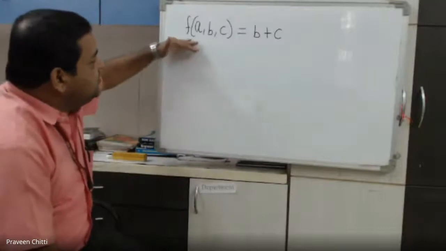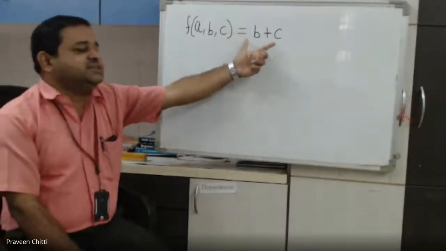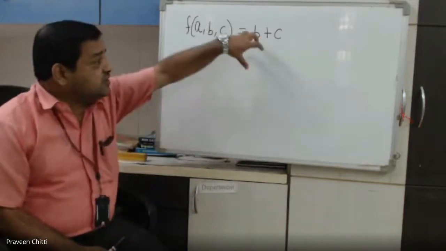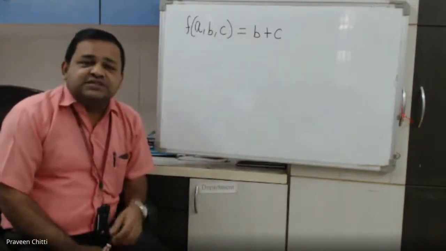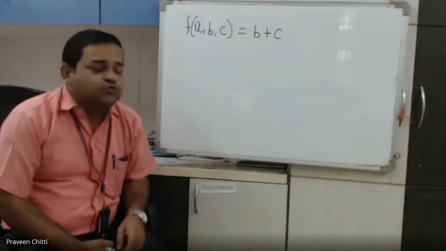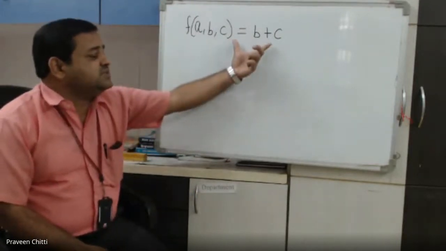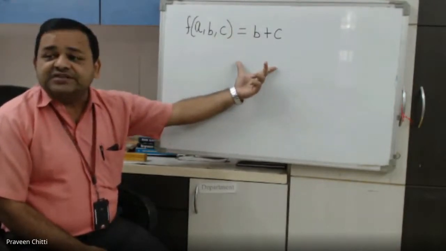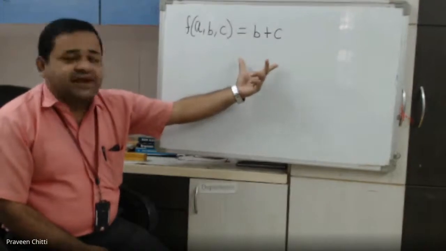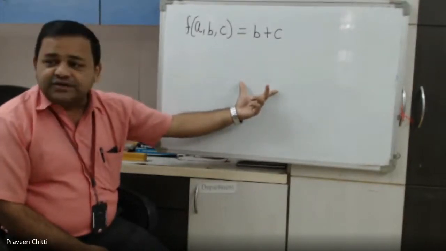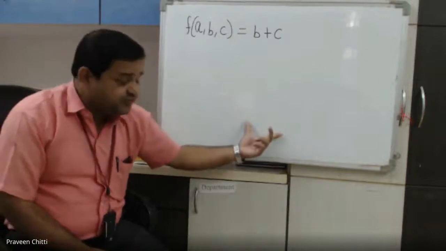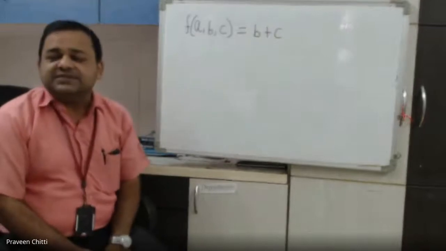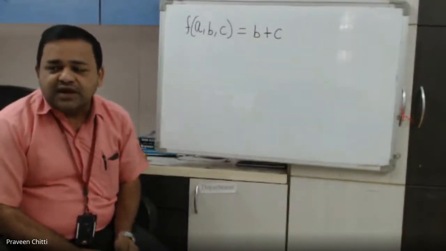If you see this expression, it is already in simplified form, so it cannot be simplified further. But they asked us to construct the K-map for this. So to construct the K-map, we have to bring this simplified equation into its standard SOP form. Once we get the standard SOP form, we can convert it into canonical SOP, write the K-map, and from the K-map we can see whether we get the same answer or not. That's what we have to do here. I hope it is clear.